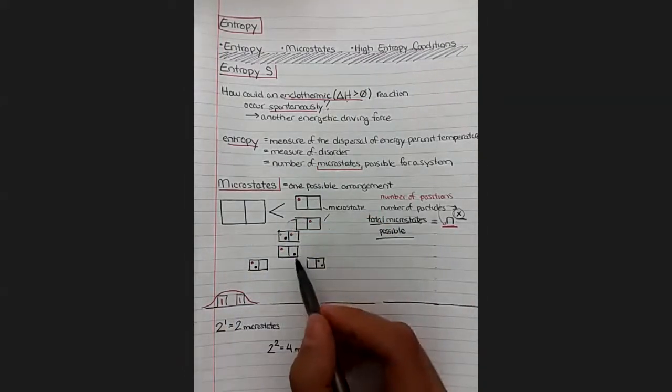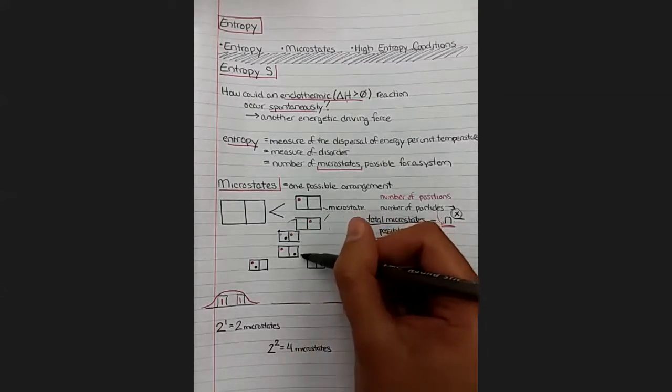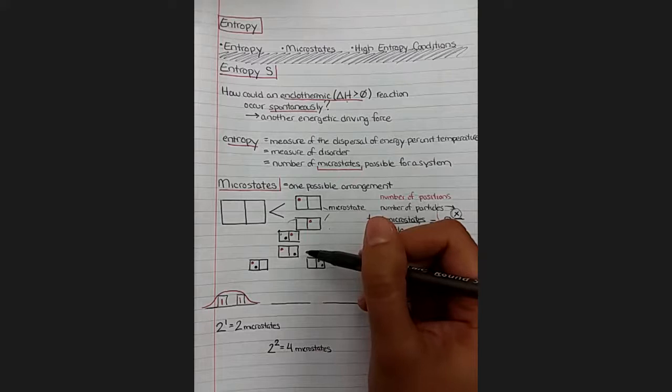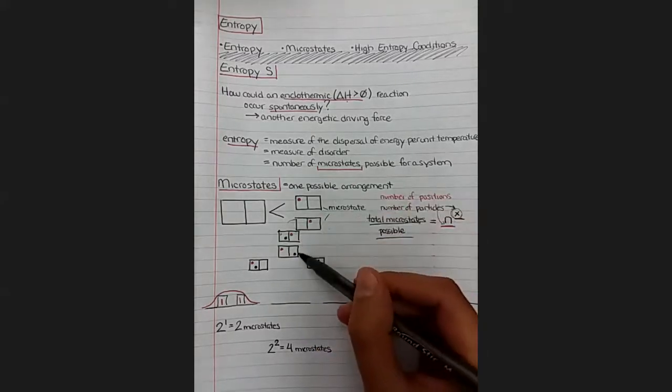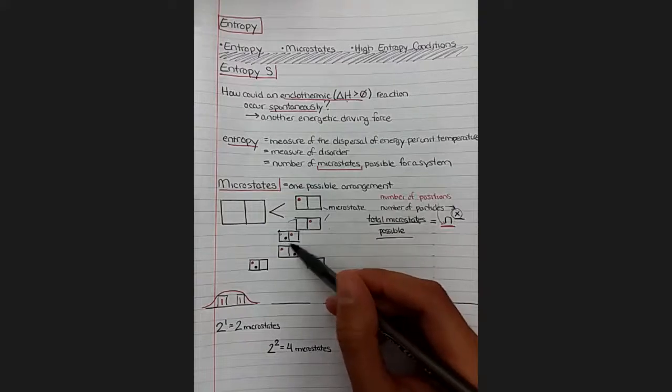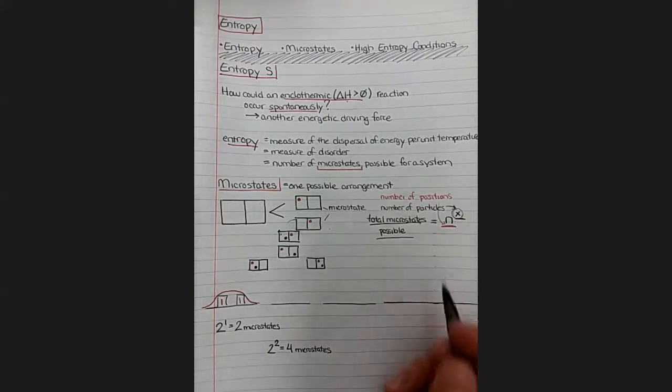So I know what you're thinking in your head. These are the same thing. There's 1 particle in each box, but if you look at the picture, the domino is not the same. It matters which particle we have on which side. So there's 2 possible microstates for the 1 on one side, 1 on the other side orientation.